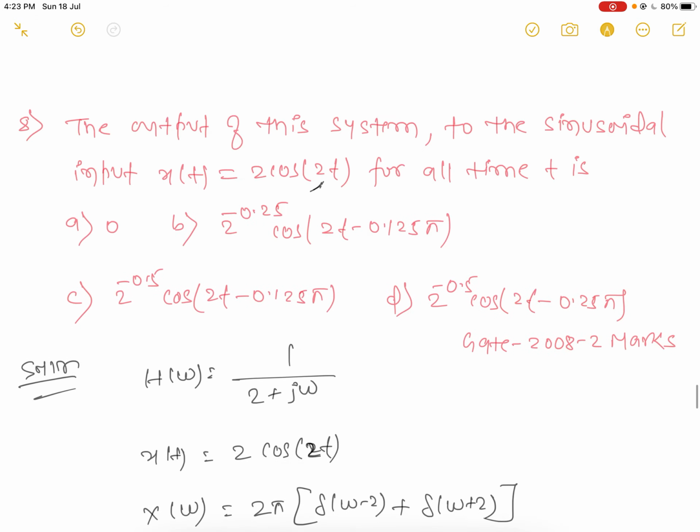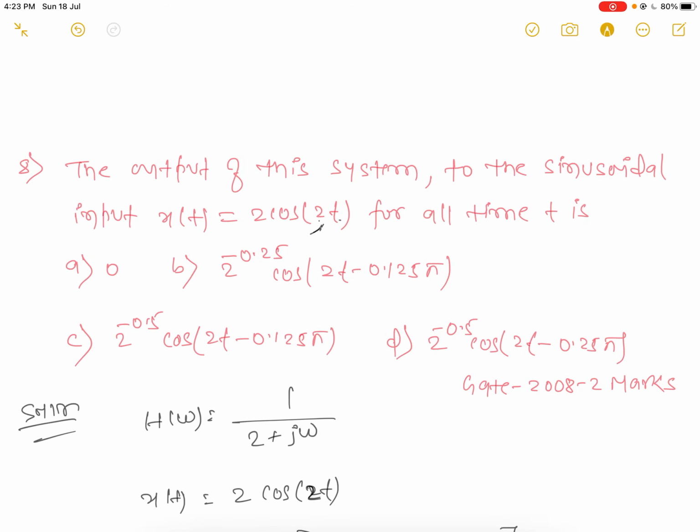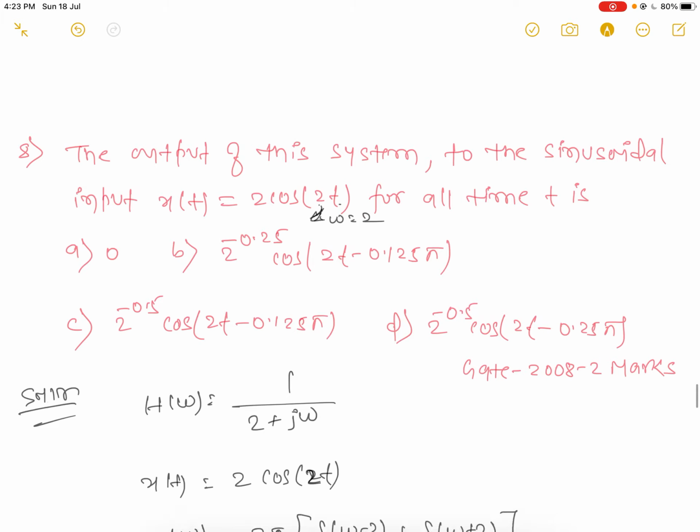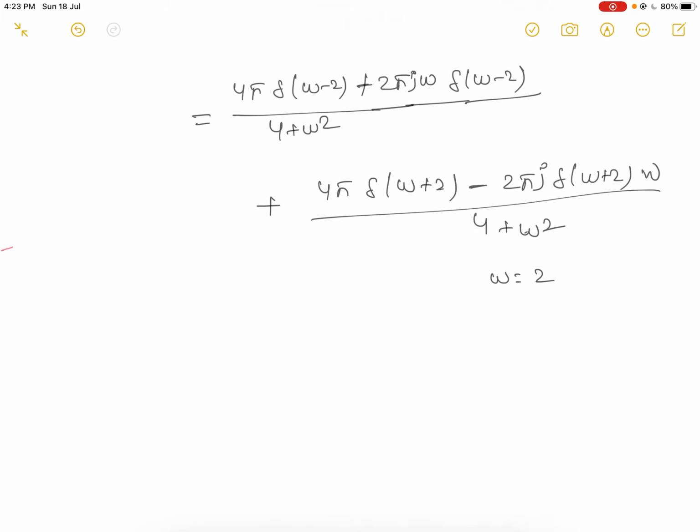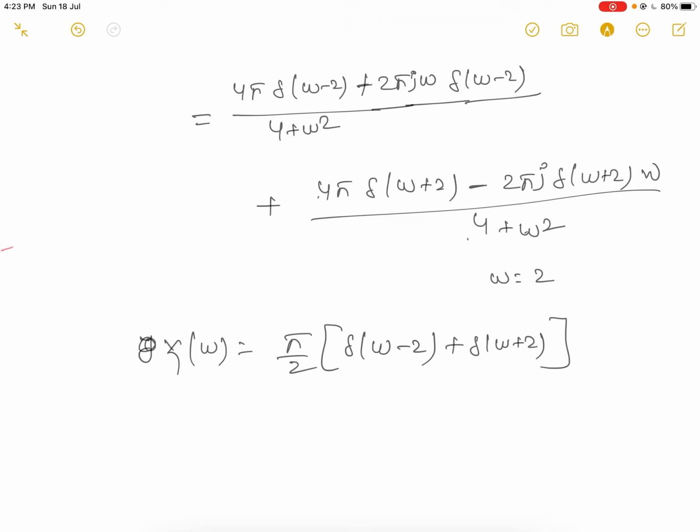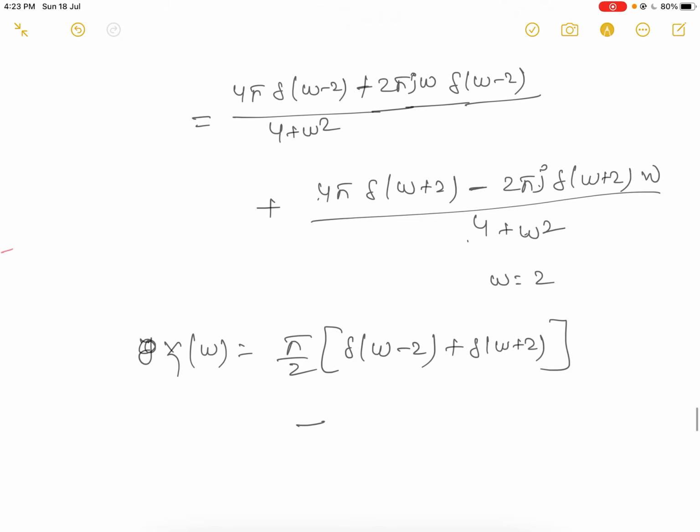Omega is equal to 2 because x(t) is equal to cos 2t. In the place of omega, here is 2. Okay, so then after simplification, we will get Y(omega) equal to pi by 2, because here the 8 and 4 division of 4. So 4 pi by 2 and delta(omega minus 2) plus delta(omega plus 2), and minus j when you